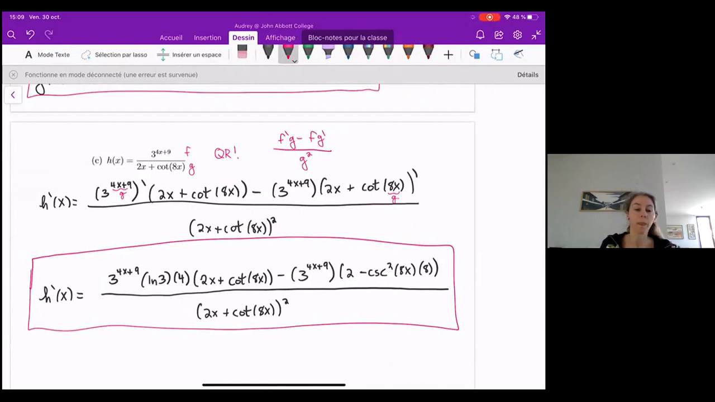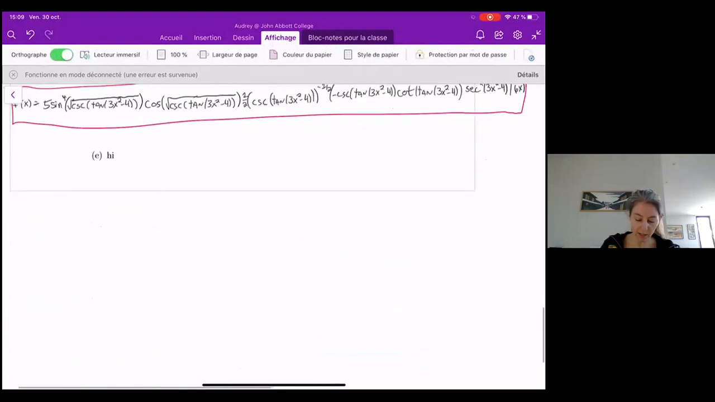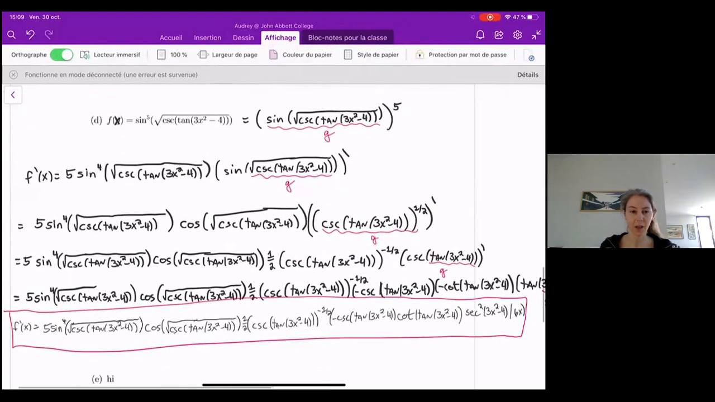over the bottom squared, and both of these also require a chain rule. The cotangent one is a really small one. I just had to pull out the derivative of 8x, which is just 8. For 3 to the 4x plus 9 as well, I just had to pull out the derivative of 4x plus 9, which is just 4. Other than that, these are just the functions directly placed into the chain rule. The quotient rule. All right, so that's C, which brings us to this last one, which should have said